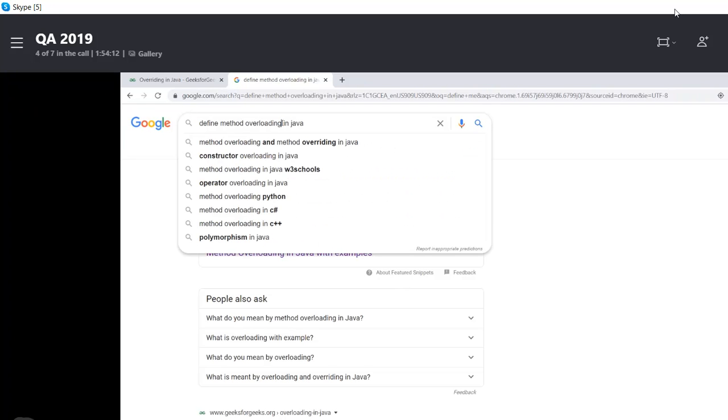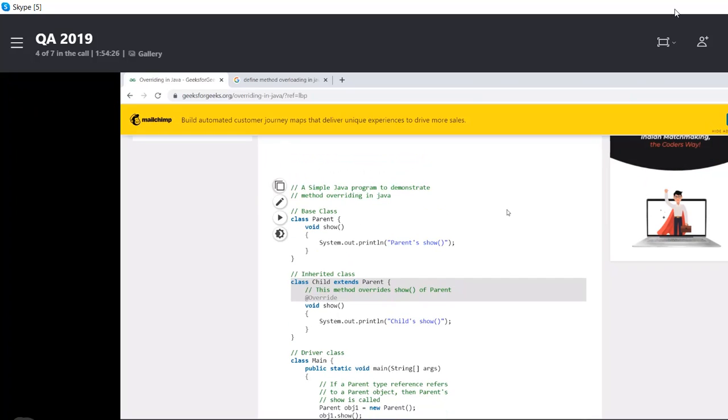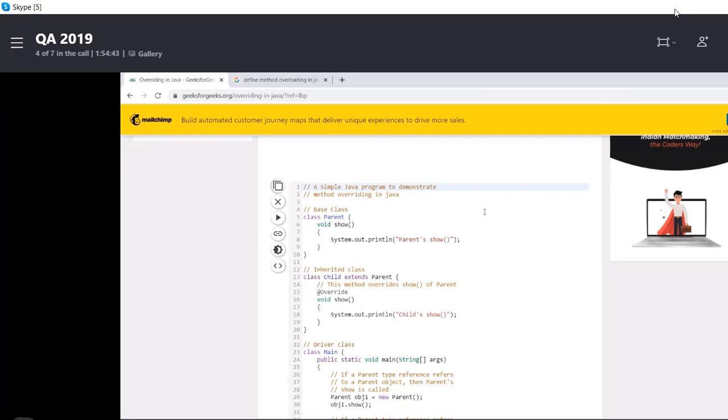Okay, let's go to that overriding in Java. Okay, so here is the thing: overridden method, right? It is another straightforward concept, very easy concept. If you have any question, come up with the question. Now, can you go to edit mode here? Okay, so